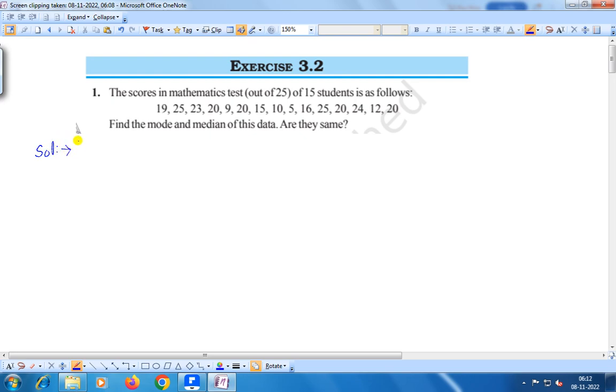Arranging the given data, the given scores in ascending order, we get